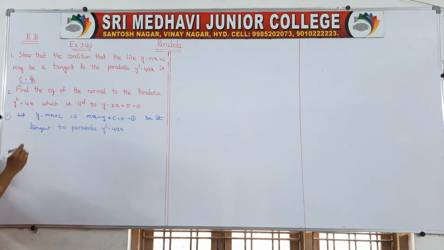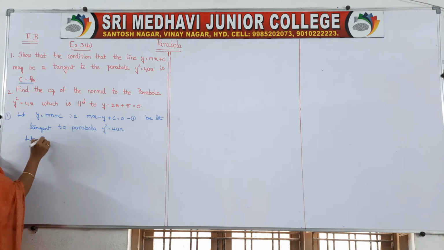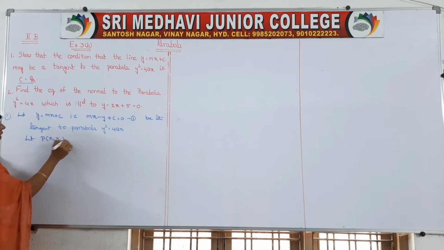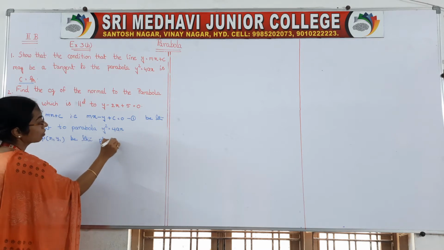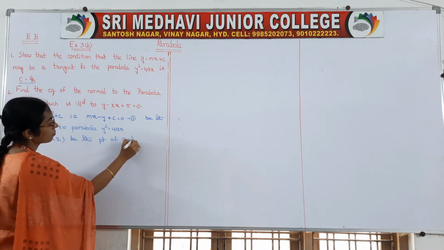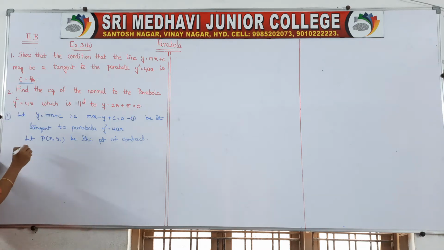So you take one point of contact. Tangent is there. Tangent means the line which touches the curve at one point. So definitely the point of contact will be there, right? So let P(x1, y1) be the point of contact. That is the point of contact, right? Then the equation of tangent